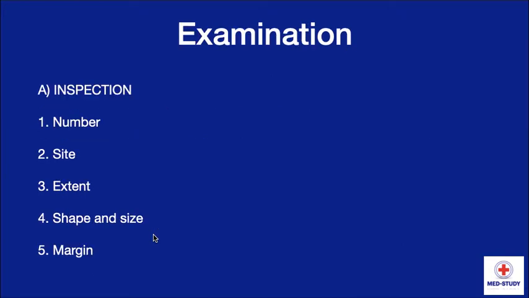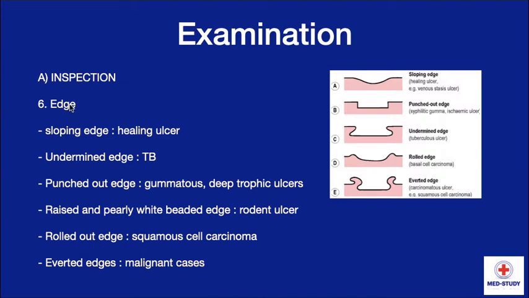The first is inspection. We have to inspect the ulcer for number, site, extent, shape and size, margin. Then inspect the edge. There are various types of edge such as sloping edge as seen in healing ulcers, undermined edge as seen in TB, punched out edge as seen in gummatous or deep trophic ulcers, raised and pearly white beaded edge as seen in rodent ulcer,